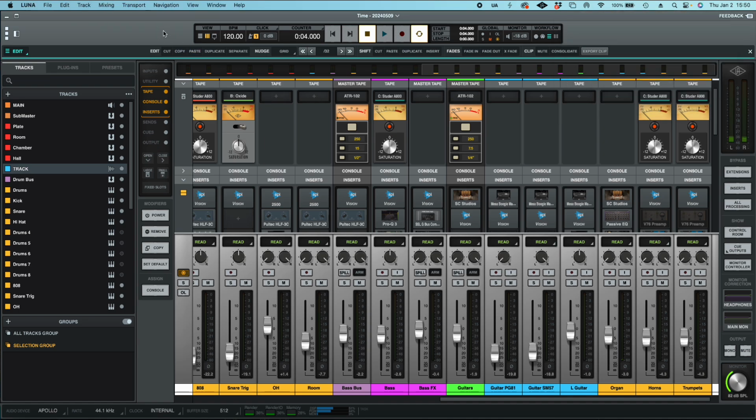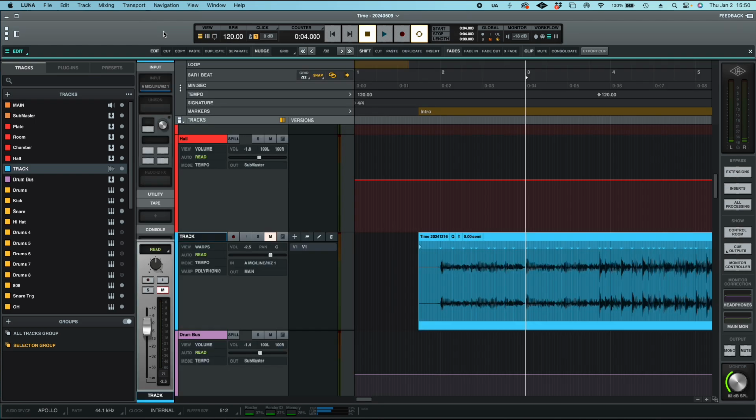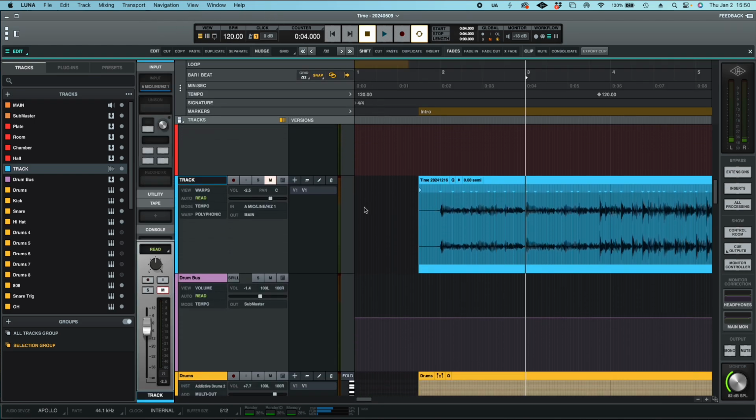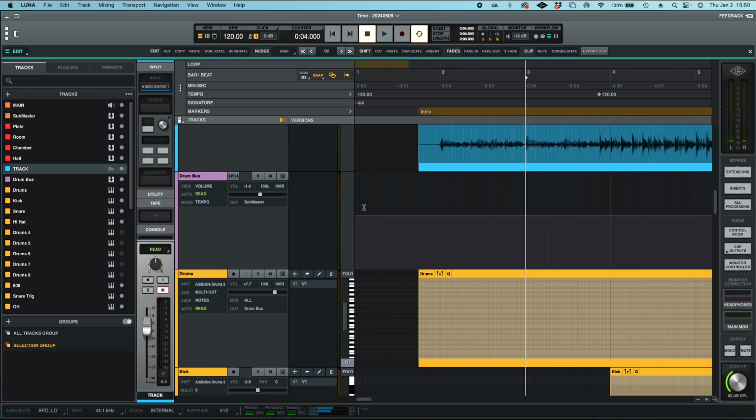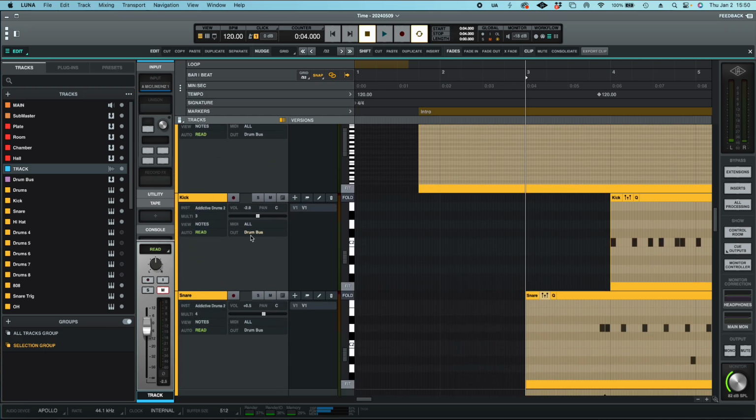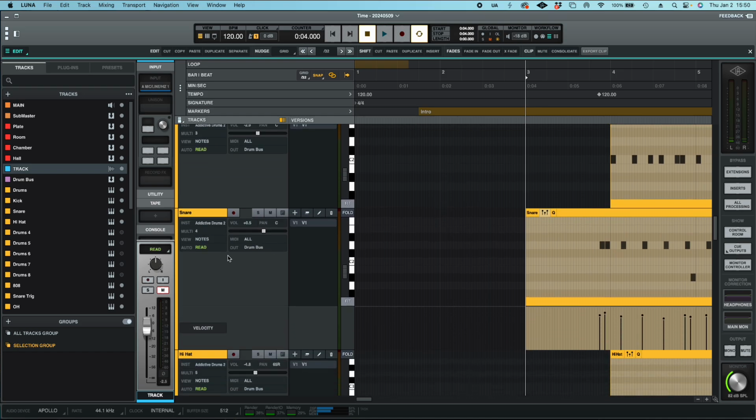So just to show you a couple of them, right now I'm on the mixer window, but I'm going to switch it over to the actual tracks menu. If you've ever worked in any kind of a DAW whatsoever, you've probably seen this before. Most of them, whether it's Pro Tools, Logic, whatever, are kind of laid out similarly to this. What this is, these horizontal bars, these are all of your tracks. So this is your kick drum track. This is your snare drum track. This is your